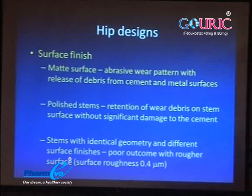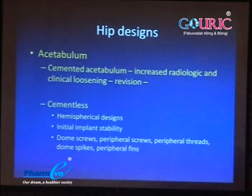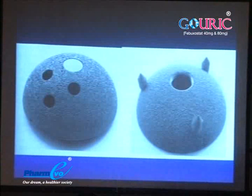So one needs to find a fine balance between the two, and it's been shown that a surface roughness of 0.4 micrometer gives us the answer. Acetabulum, if it's cemented, gives more problems with revision down the line, and its long-term results are lesser as compared to cementless acetabulum. Formerly we used to use these with dome spikes, but now we are using the ones without them, because these tend to cause bone loss when you revise them,